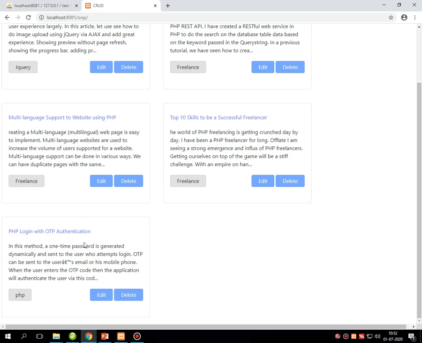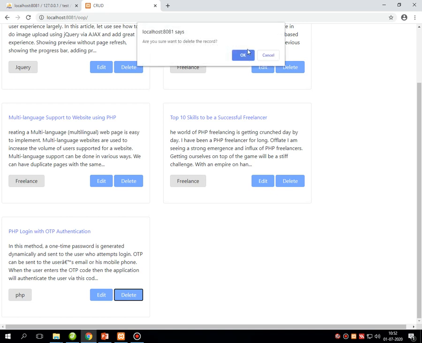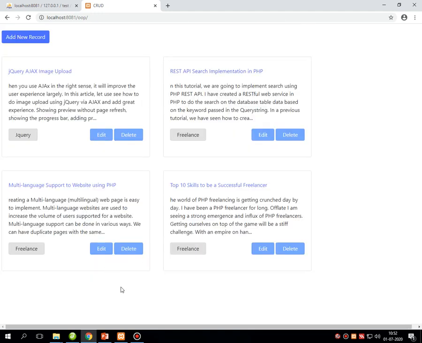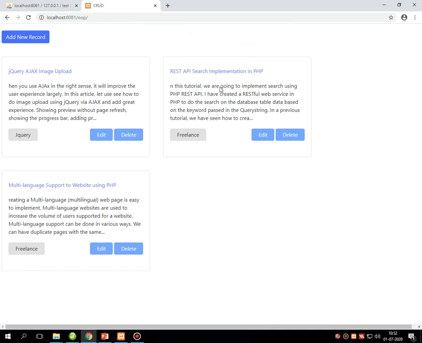Say for example, I have this module and I am clicking on this button called delete. It will ask for confirmation, and if you press OK, this will be deleted from the screen. Again I am performing this for this particular section, it asks for confirmation and deletes from the screen.